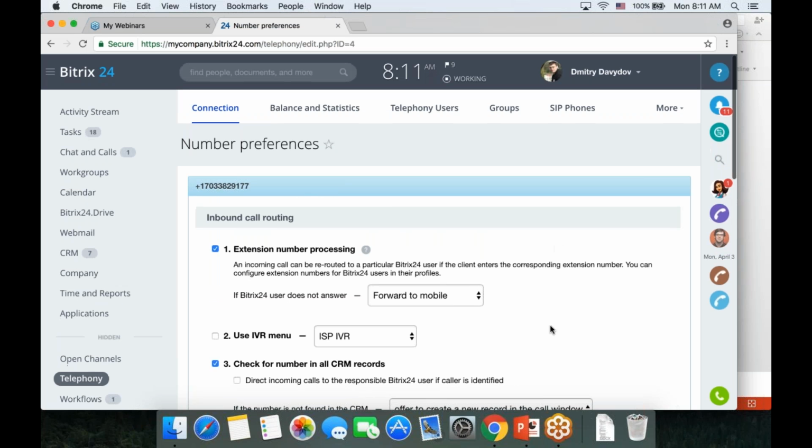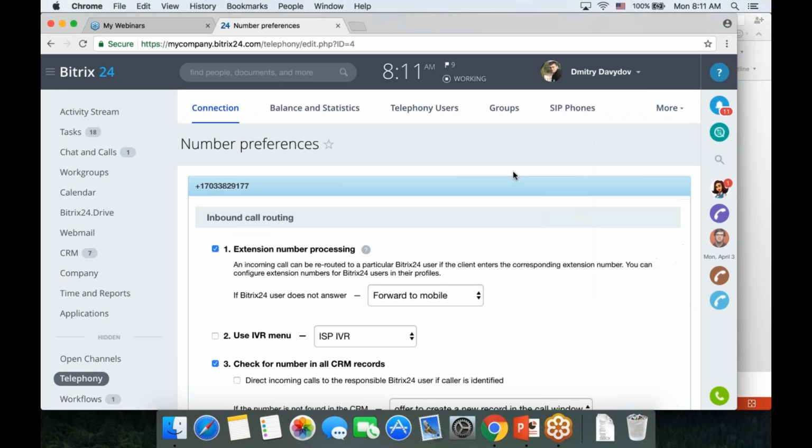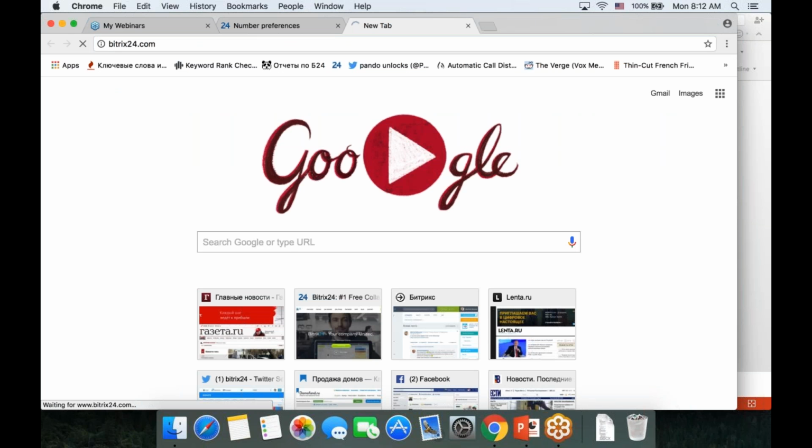Okay, folks, I think this is all I want to talk about. Let me recap. Almost everything is free inside Bitrix24. If you want to make outbound phone calls, you have to deposit telephony credits. The telephony rates are available on our webpage, if you go to the pricing section,